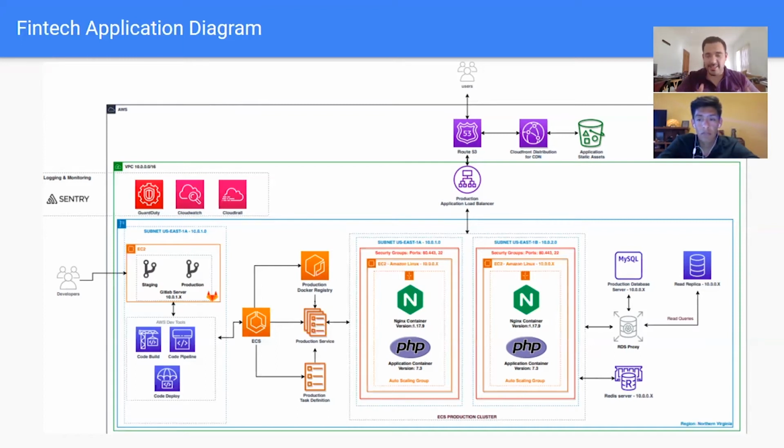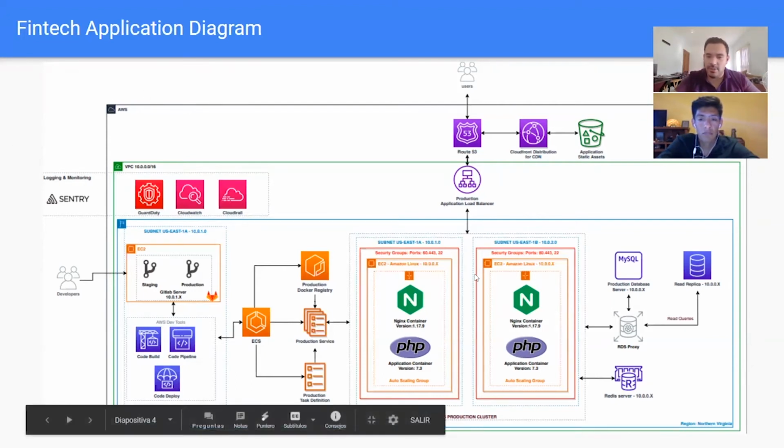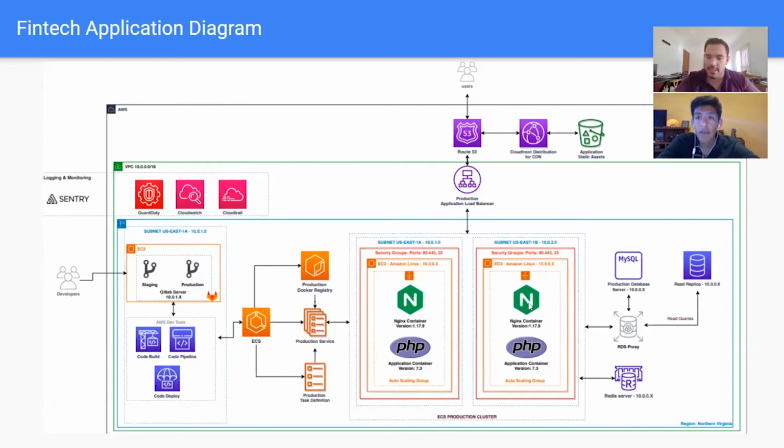So as we can see inside, starting from the servers, these are servers, right, Mario? The ones that are hosting Nginx and the PHP application. Yeah, we are using an EC2 service, which is basically a virtual machine from AWS, where we are hosting the PHP application that Guillermo is going to tell you more about. Okay, so you're using EC2 for this.